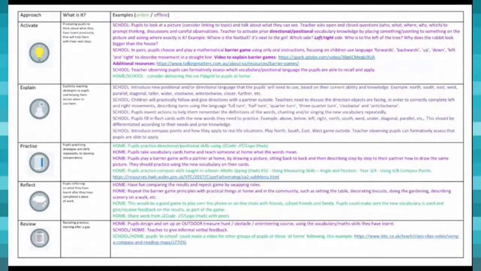Each model includes both online and offline activities, and you can see them here in green and purple. It also has home and school teaching and learning, and web links and various embedded resources. All activities are flexible and adaptable, both for full-time school or home-based learners. So, for example, if you look at the first section, activating prior knowledge, the model suggests the teacher hold an informal discussion session with a group of learners about a picture, asking different kinds of questions to formatively assess how the children answer and their knowledge and understanding at this point in time.